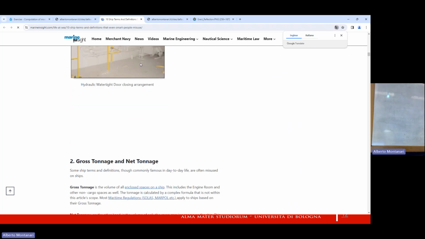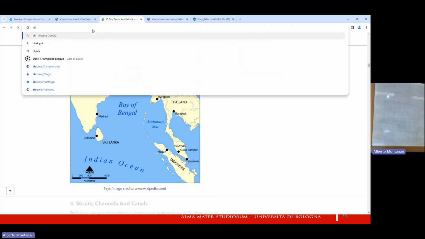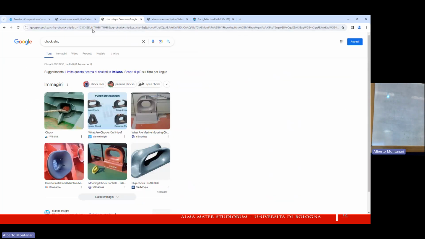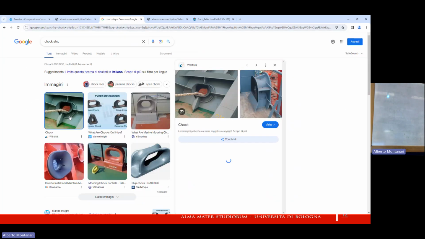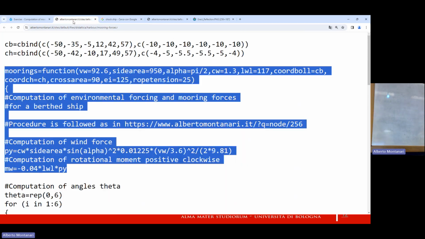Okay, I need to check where it is, but let's see, chock, ship. Here is a chock, okay, just to understand what we mean. Good, now,